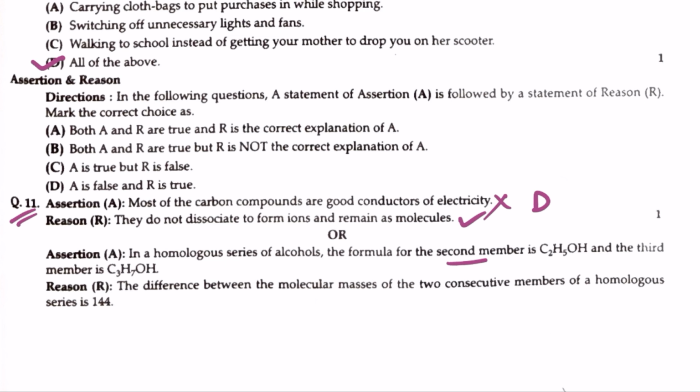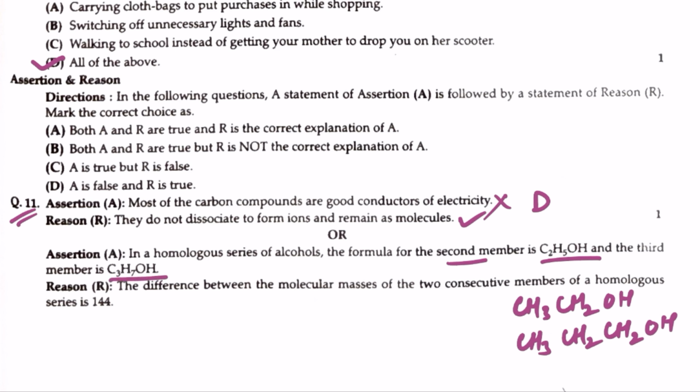So 2 carbon alcohol is CH3CH2OH means C2H5OH. 3 carbon alcohol is the third member. Its formula will be CH3CH2CH2OH that is C3H7OH. The difference between these two is the CH2 group, and the weight of the CH2 group